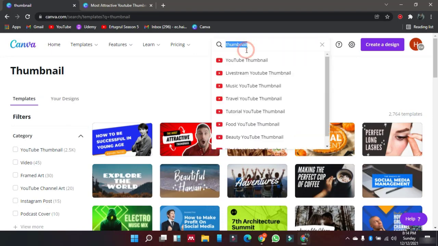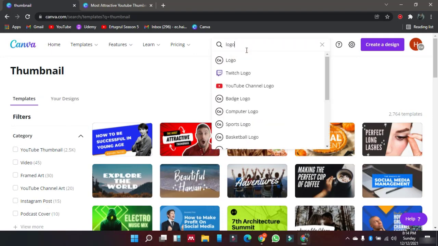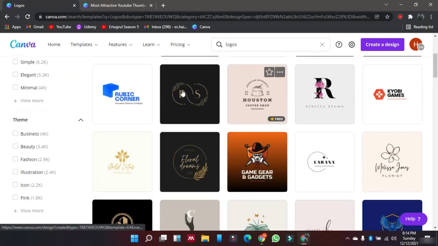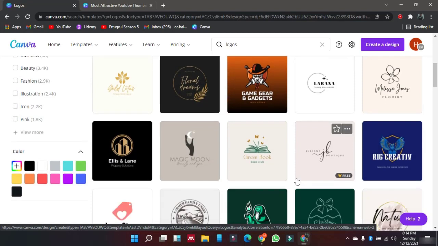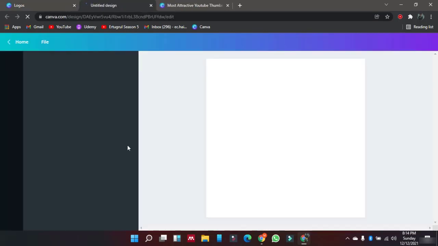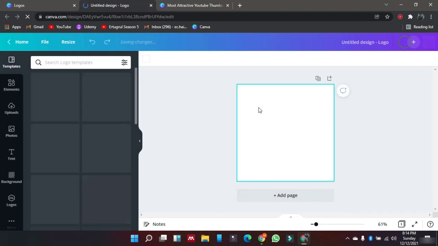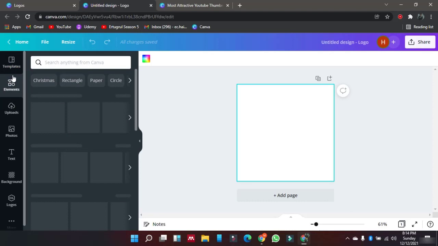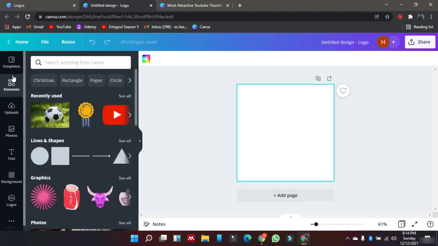For example, we are designing a logo. We'll search here, we'll go into logos, and we will create a logo by editing these templates. For example, if all of these templates are not relevant to you, we'll just go with and create a blank slate. And then on this blank slate, we will just keep on adding elements, adding stuff, and keep on designing